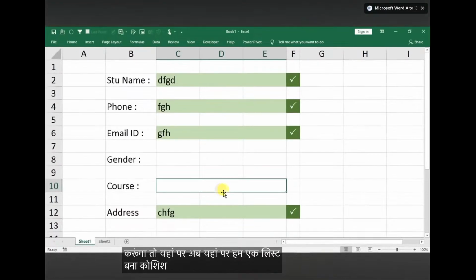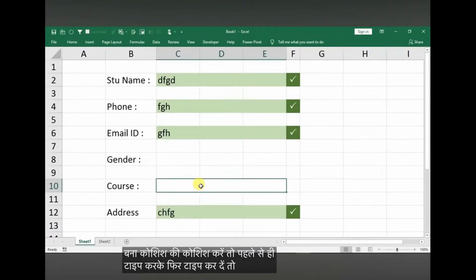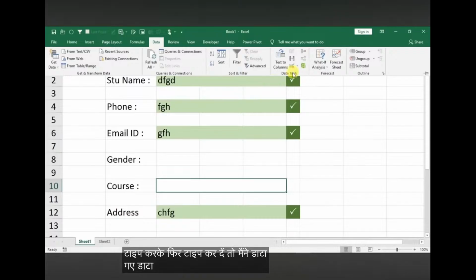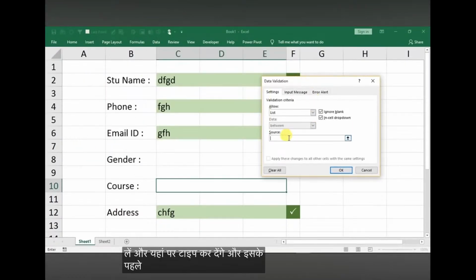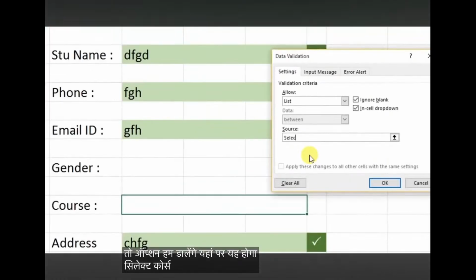अब यहाँ पे हम कोर्सेज की एक लिस्ट बना देंगे। कोर्सेज के नेम या तो आप पहले से ही टाइप करके रख लो या फिर डायरेक्ट डेटा वैलिडेशन में टाइप कर देना। तो मैंने सेल पे क्लिक किया, डेटा टैब पे गए और डेटा वैलिडेशन पे क्लिक करेंगे, यहां से लिस्ट ले लेंगे और यहां पे कोर्स के नेम टाइप कर देंगे। पहला ऑप्शन जो हम डालेंगे वो होगा सिलेक्ट कोर्स। उसके बाद कॉमा लगा के यहाँ पे कोर्सेज के नेम टाइप कर देंगे।